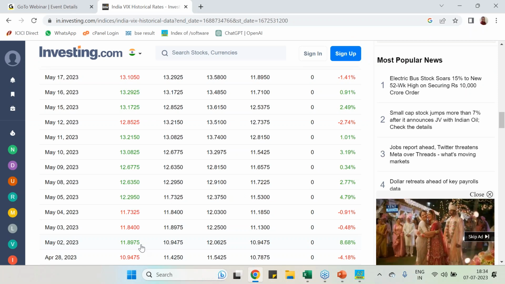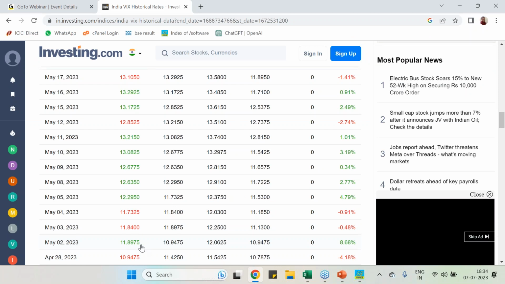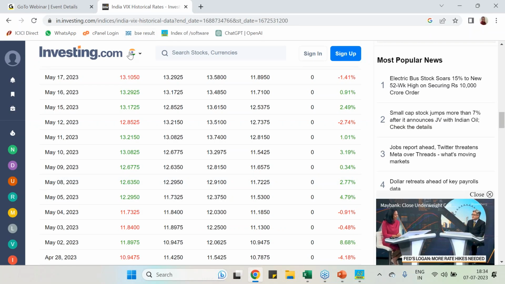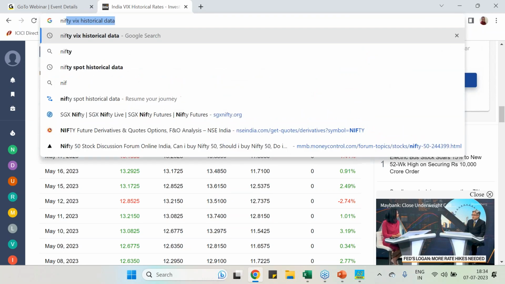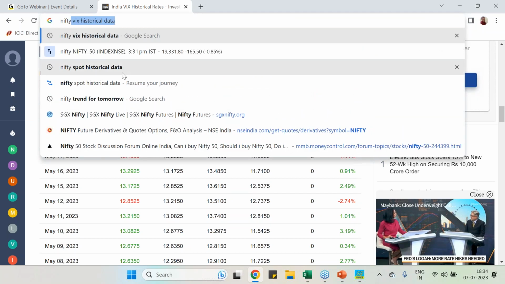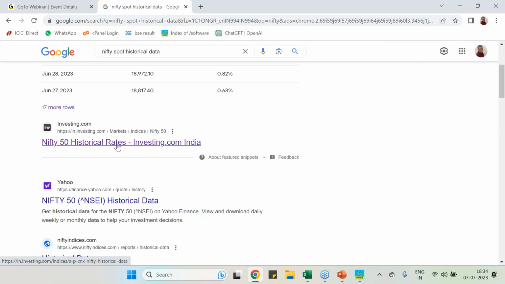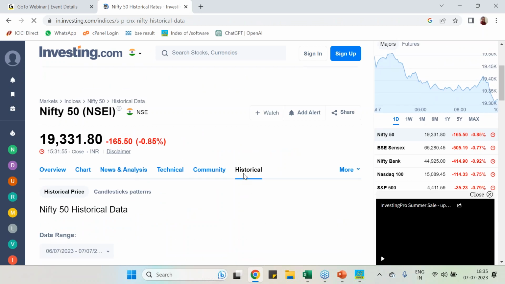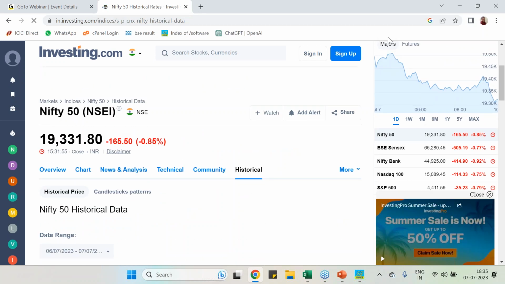On which day has it told this? May 2nd. May 2nd में ये पता चला कि Nifty 618 points का movement देगा, meaning Nifty will move by 600 points that we got on the date of 2 May. तो क्या हुआ वो तो देखते हैं। That also we need to see, whether it has worked or not. एक सेकेंड टाइम मुझे दीजिए।